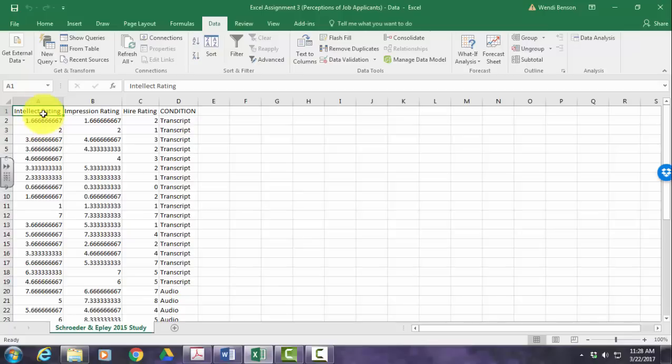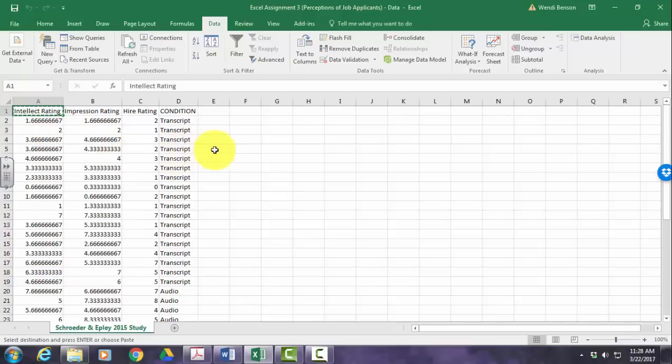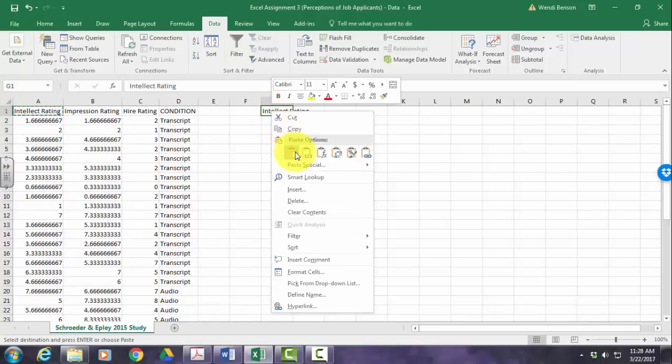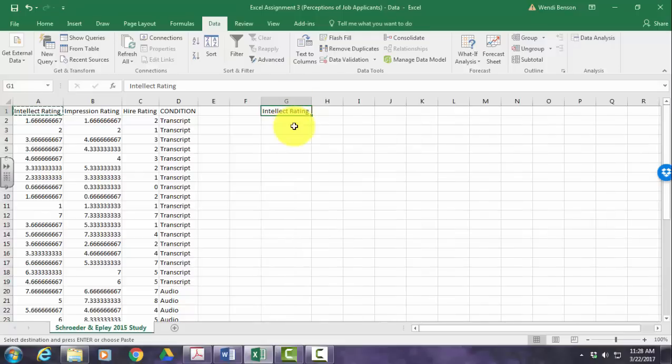So I'm going to click Intellect Rating, right-click, Copy, or you can hit Control-C. And I'm going to go over here to G and just hit Control-V to paste, or you could have right-clicked and done this as well. So Intellect Rating. Now I'm going to go ahead and scoot over 1, 2, 3, 4 spaces to K and